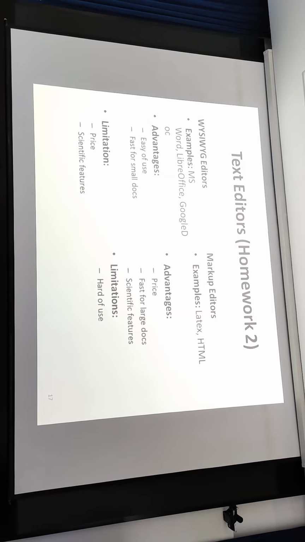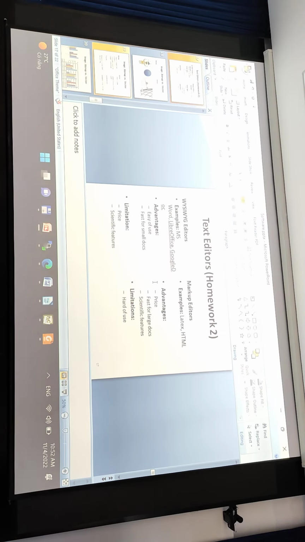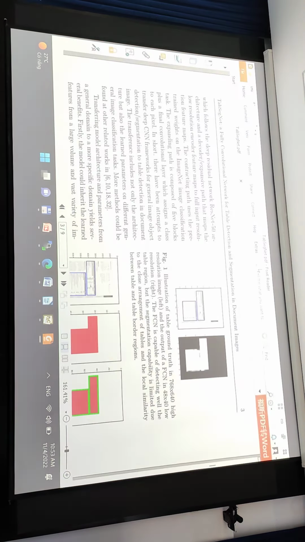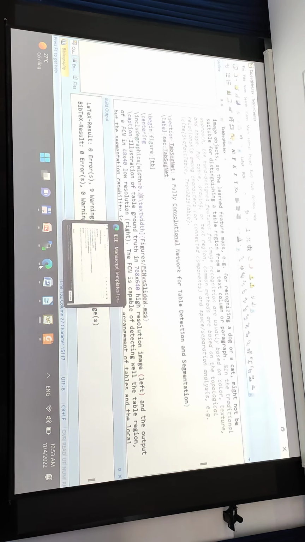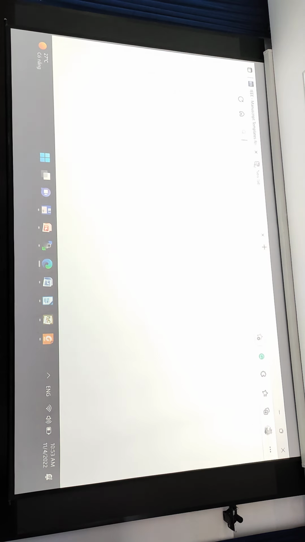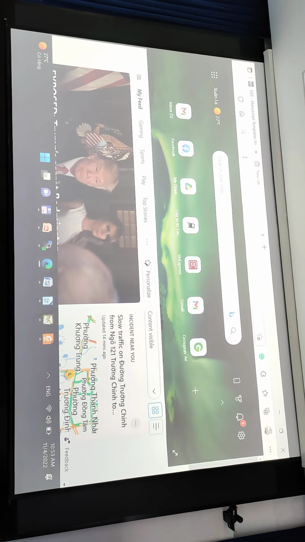So the what-you-see-is-what-you-get editor and the markup editor. I use the term markup editors because here is actually a text document I would like to share with you. The HTML file.